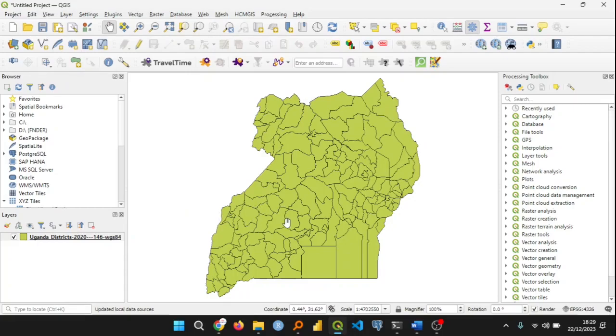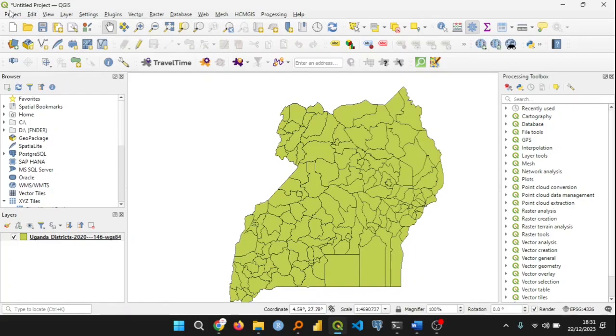So before we go any further, let us look at some of these bars, the menu bar and the different toolbars, and what each of them do. I'm going to take you through a few of them, because as you know, QGIS is wide, and if you're interested, you can always do a little bit of deep diving, and you'll find out what all these icons do for you. The first thing we look at on the menu is the project pane,